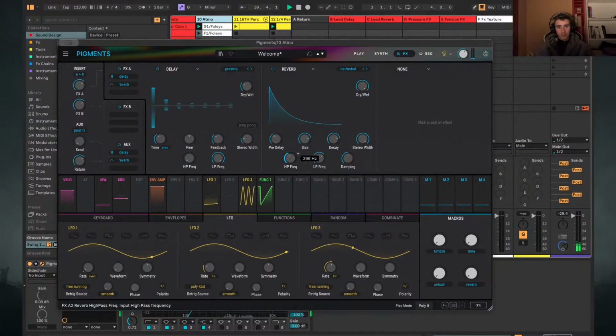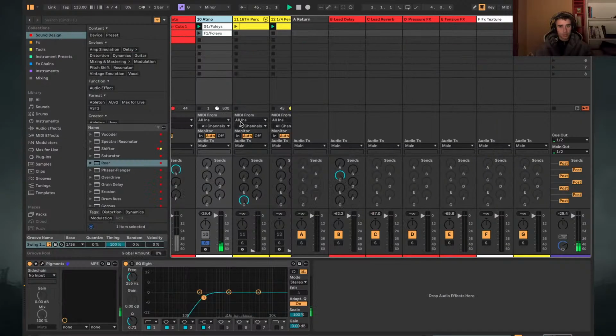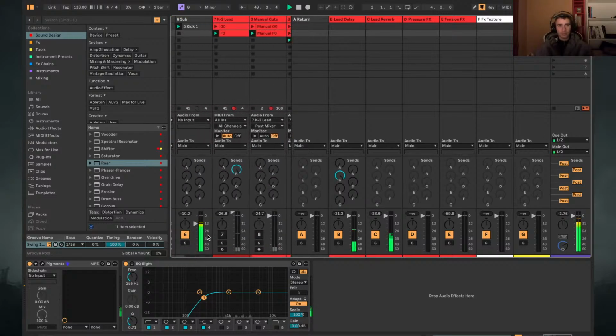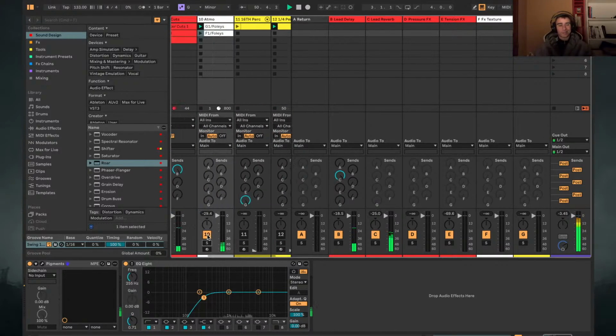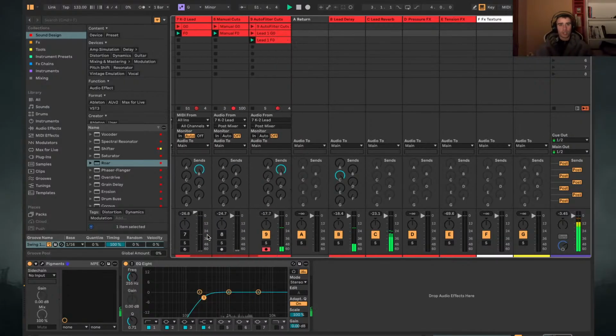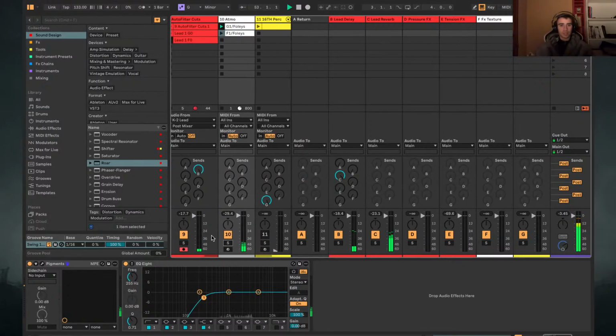Just high passing the reverb at around 300. Let me just check with the dry wet. Yeah, about 90 to 100. We just want this to glue everything together, okay? It's kind of that background noise, just creating an atmosphere, just creating a place, but it's very static. So we'll just